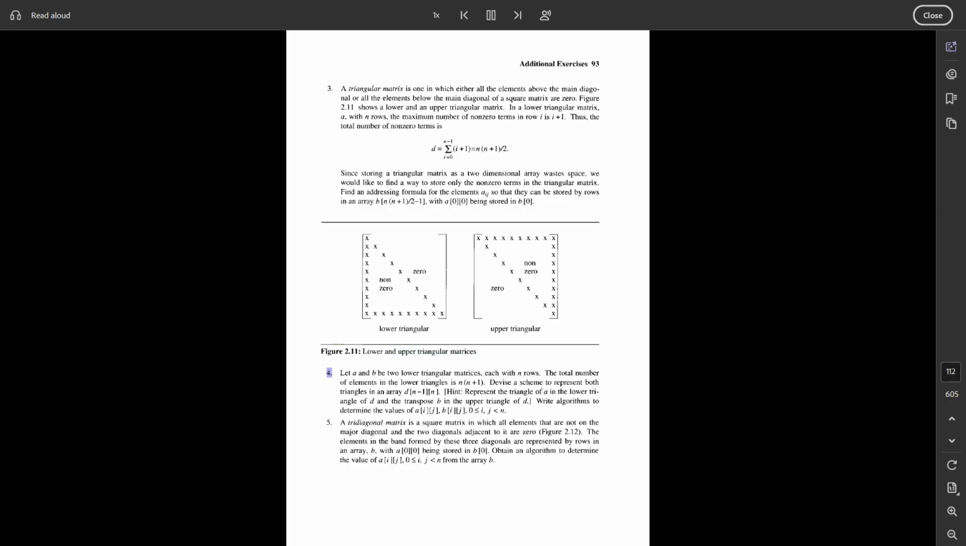Exercise 5. Let A and B be two lower triangular matrices, each with n rows. The total number of elements in the lower triangles is n(n plus 1). Devise a scheme to represent both triangles in an array. Hint: represent the triangle of A in the lower triangle of D and the transpose of B in the upper triangle of D. Write algorithms to determine the values of